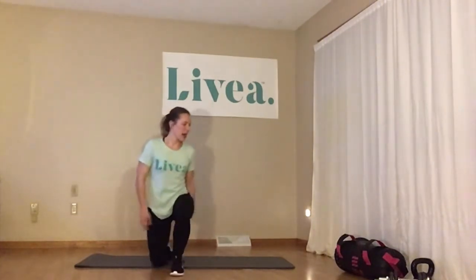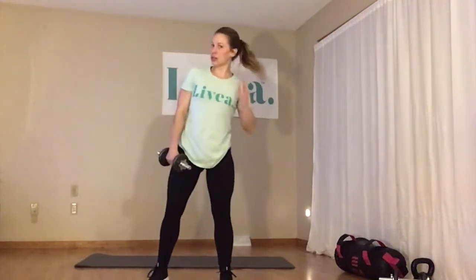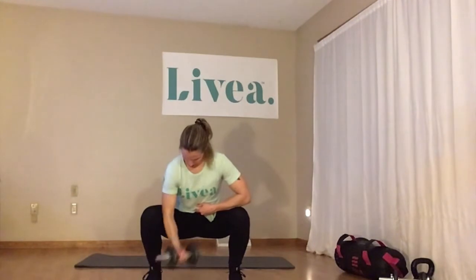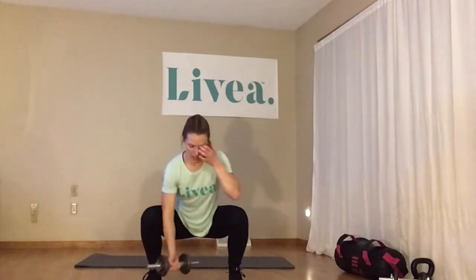Next, we're going back into those isometric bicep curls, the front of the arms. So grab one dumbbell, coming down into a deep squat if you can. Otherwise, just really holding the weight in place. I'm going to demonstrate down low. We've got 20 each. 1, 2, 3, 4, 5, 6, 7, 8,